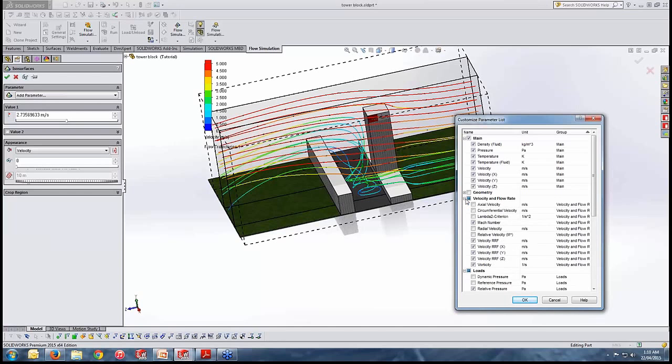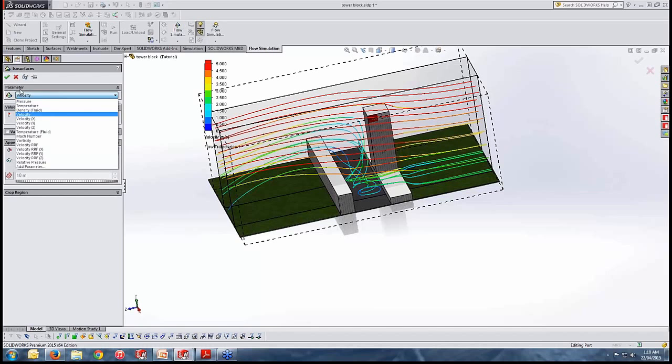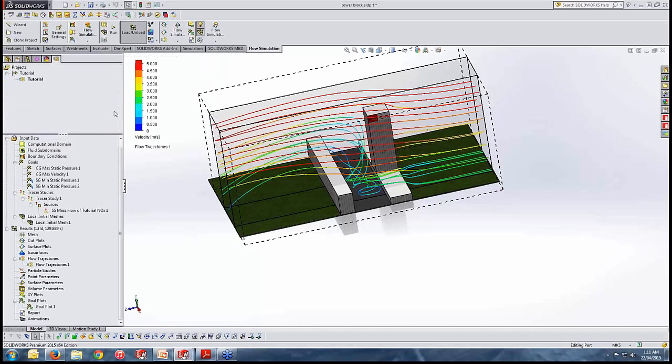There it's gone. Sorry guys, I'm trying to find this one. Appearance. Okay. All right, so